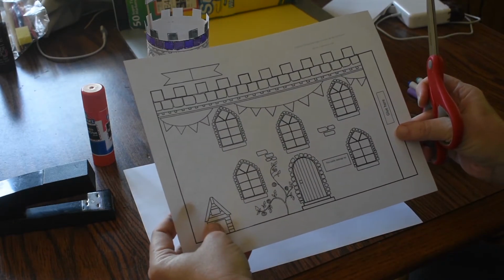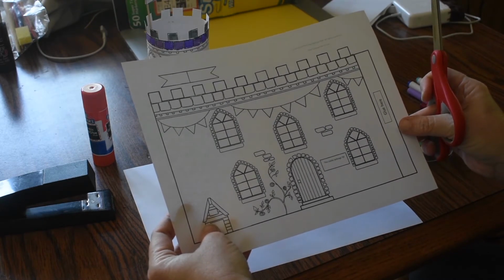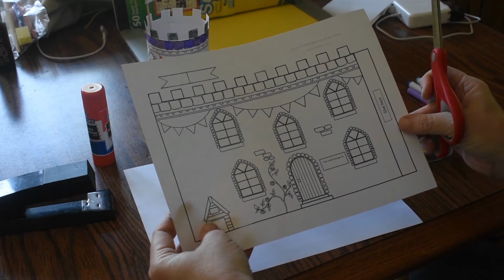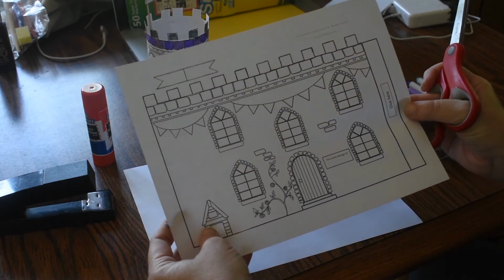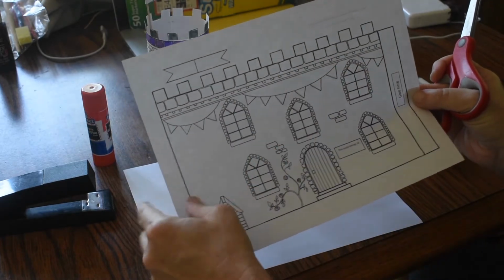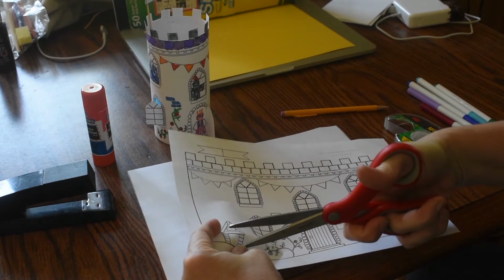When you print it on cardstock, a grown-up's going to have to use an X-Acto knife or a box cutter to cut the windows partly open. If you don't want to mess with that at all, then I'll show you another way. You don't have to cut the windows and doors open at all. That's okay too. Okay, so grown-ups, what you're going to have to do is cut